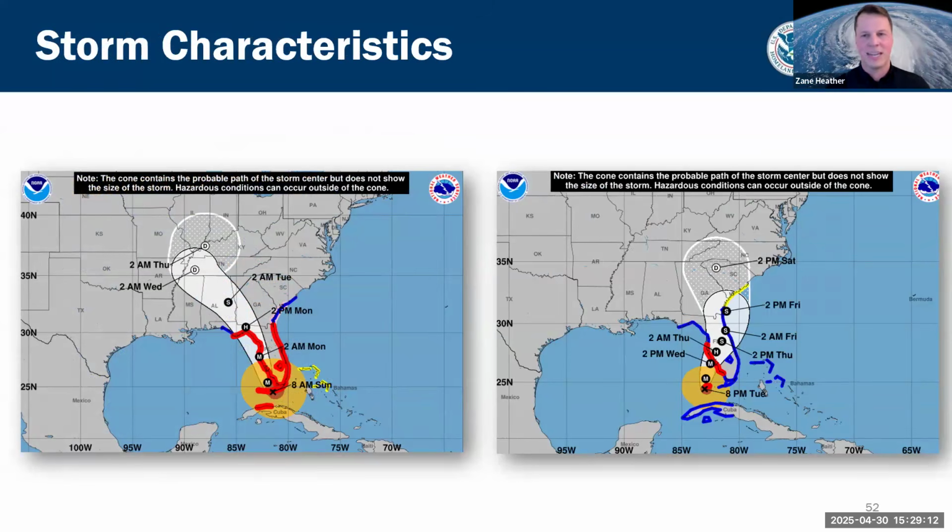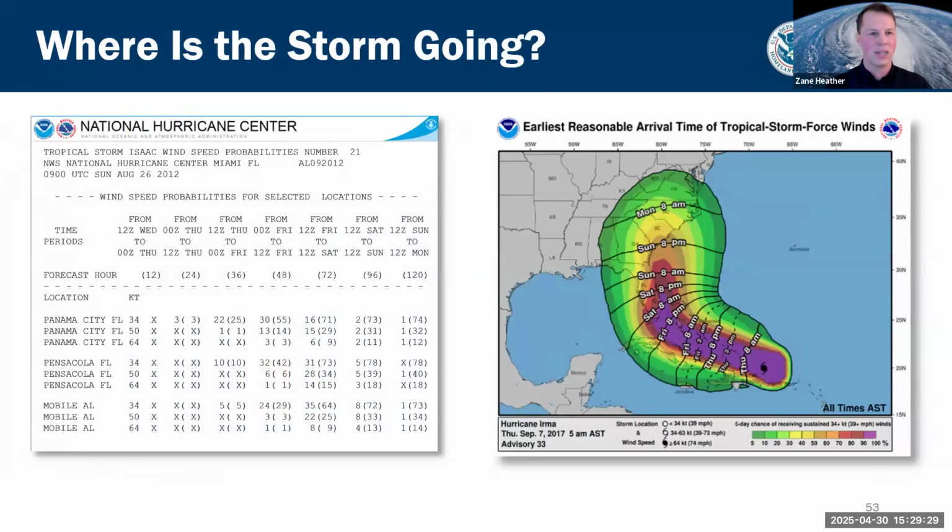So as we've discussed and as we've tried to reiterate time and time again, this should not be the main product or the sole product that you use to base your decisions off of. It's a good piece of information to know. It's good overview information, but there's plenty of other products out there that you can use to inform your decision.